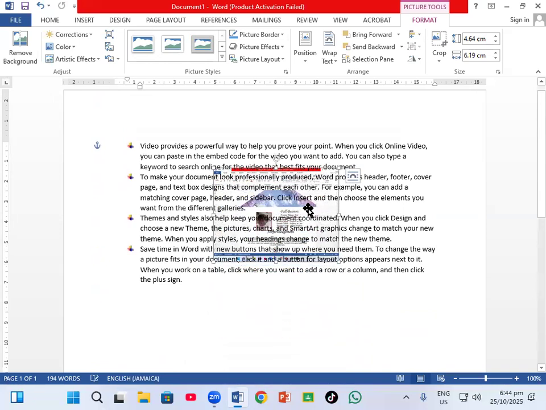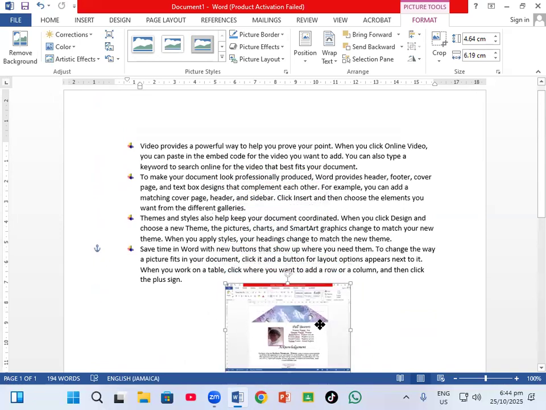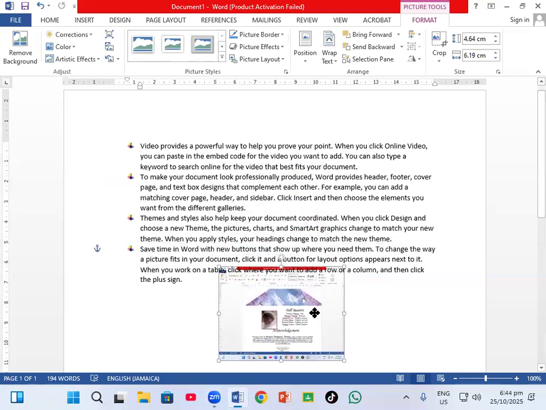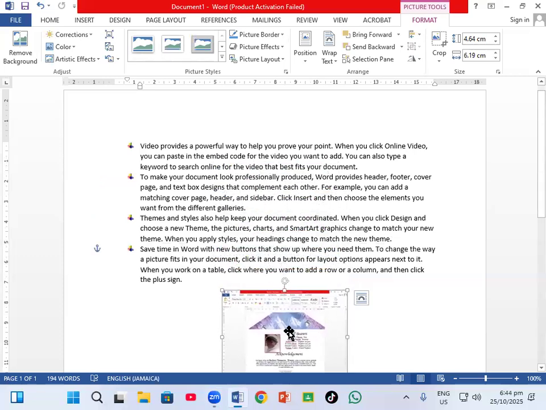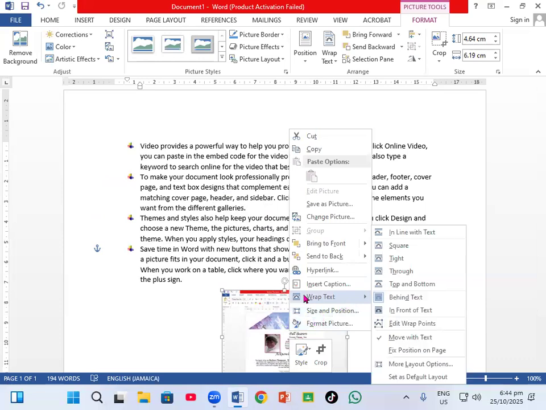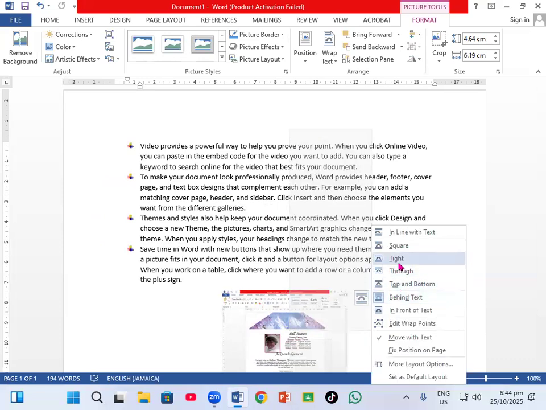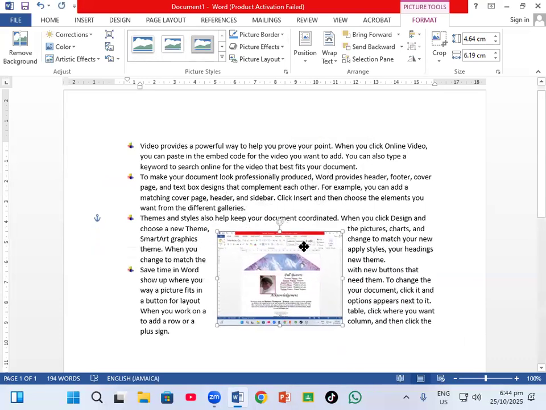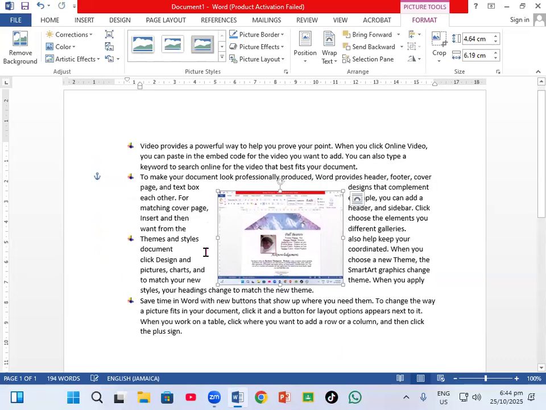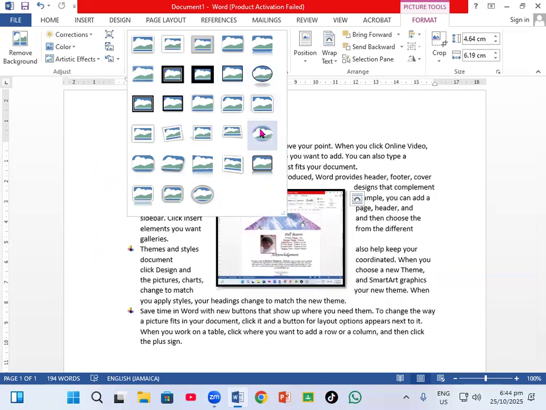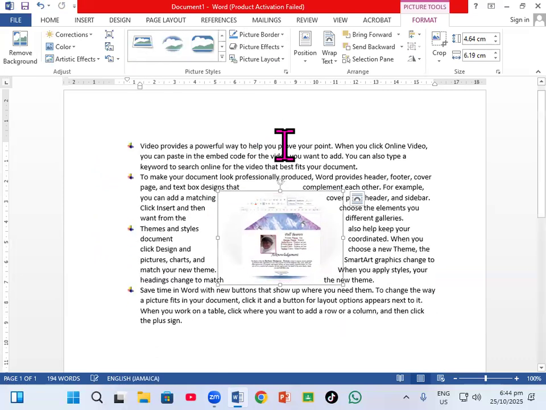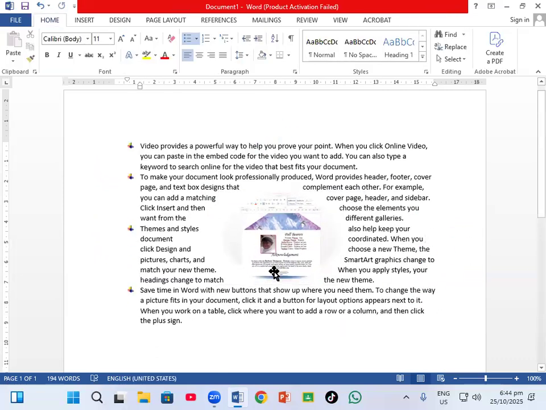But if I put it right here, you notice it goes behind the words, right behind the words. If I want it definitely in between the words, after right click, I'll go back to Wrap Text, and then I'm going to click on the word Tight. Now when I click on the word Tight, you notice when I put it right here, notice the words wrap around. And if I come right up here, and I want to give it a nice little shape like this, you notice? Where the words is right around. So this is how we actually insert a photo right in our Microsoft Word